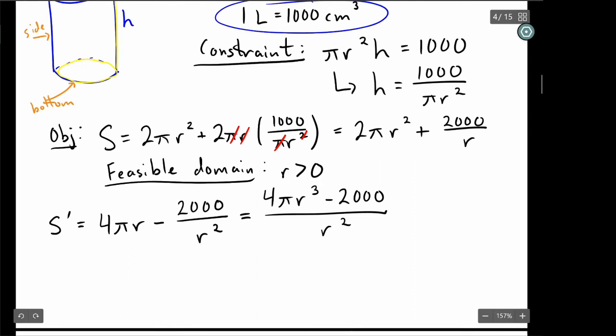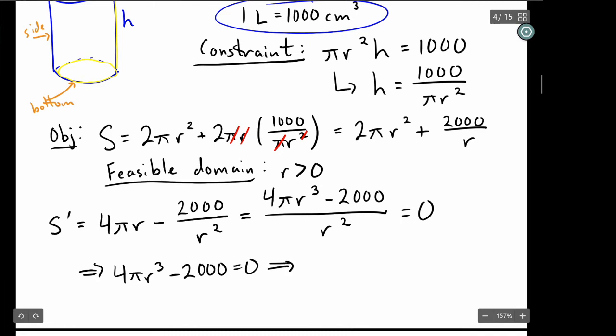So give them a common denominator. And now we can set this equal to 0. For a fraction to equal 0, we just set the top equal to 0: 4 pi r cubed minus 2,000 equals 0,